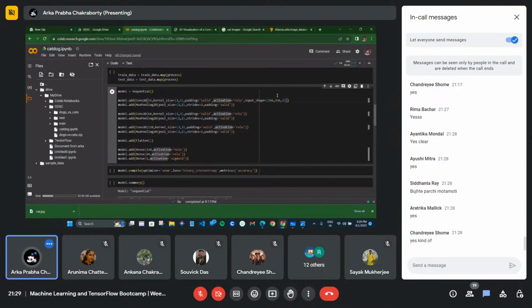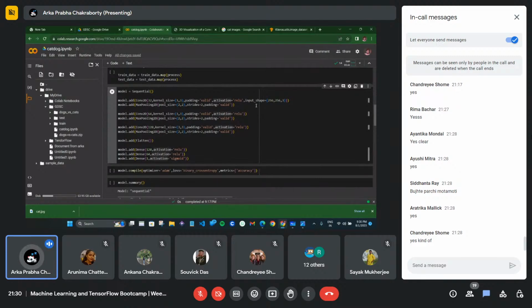For generalizing, I'm considering 256 by 256 because the pictures will be of different shapes. Some images will be taller, some images will be wider.